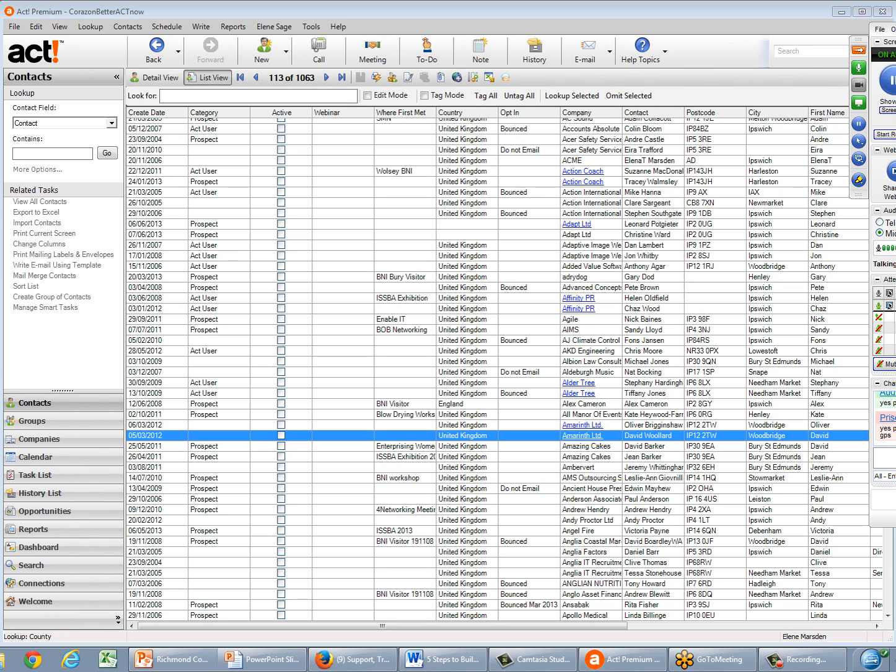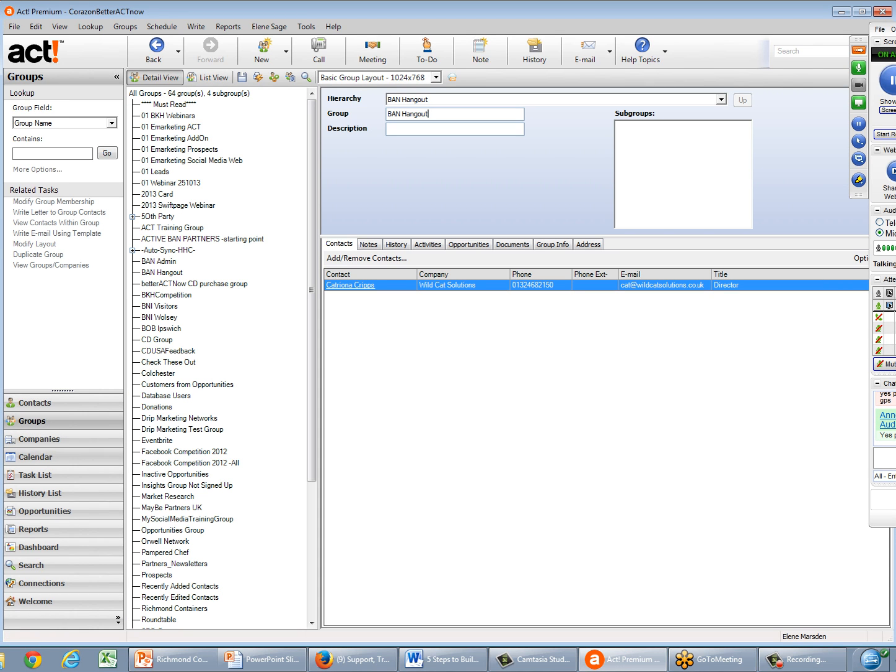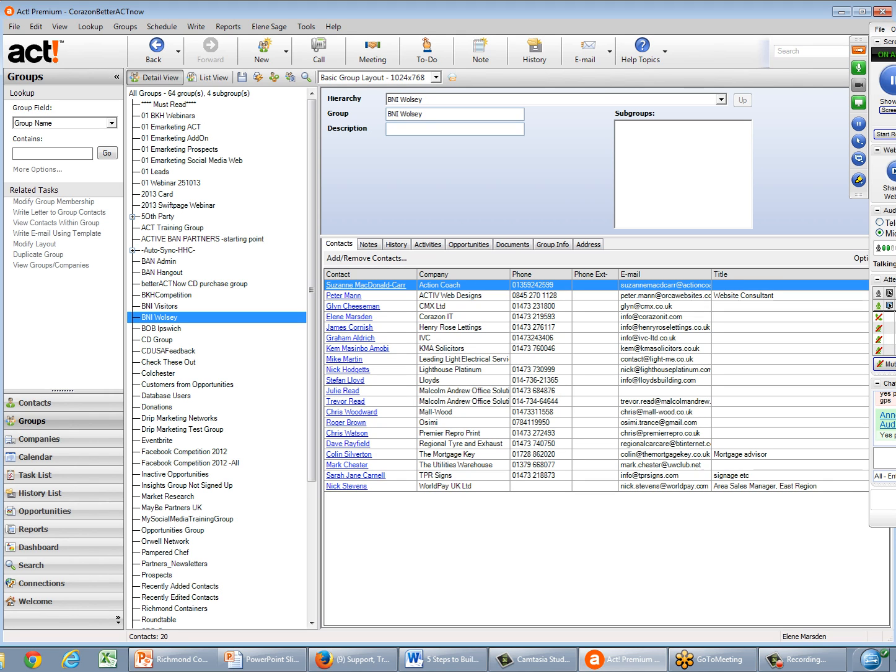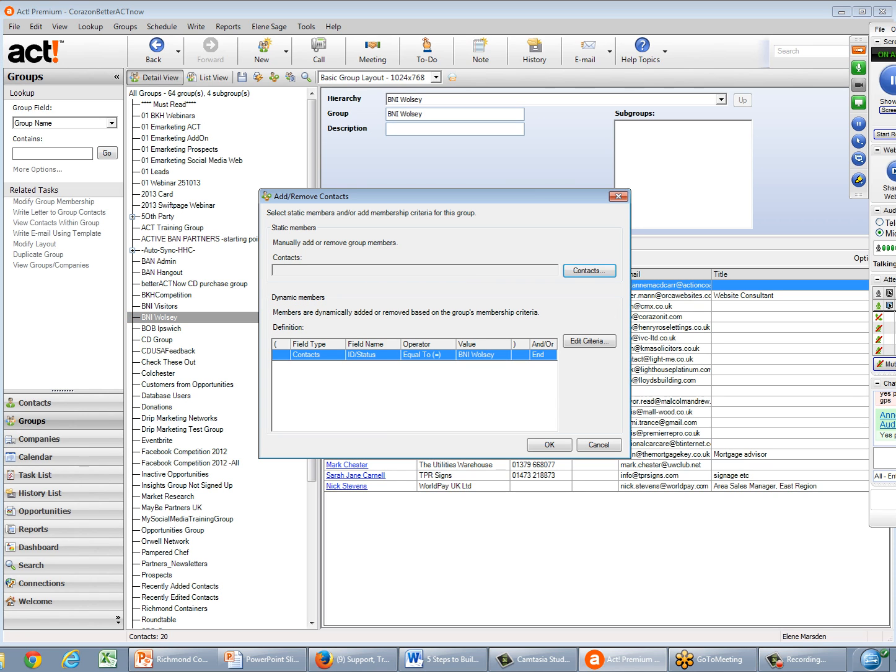So I'm going to come over to groups, and here I've got one of my networking groups. It's called BNI Wolsey, and it's a group I go to every week. I've got a group of 20 businesses that meet for breakfast, and we pass referrals to each other. And over on the right hand side you can see add remove contacts, and in the lower half of the